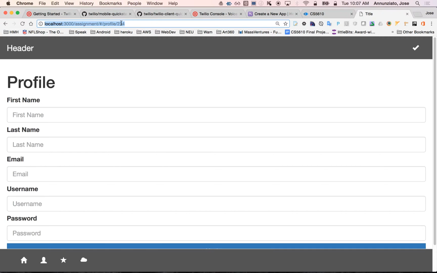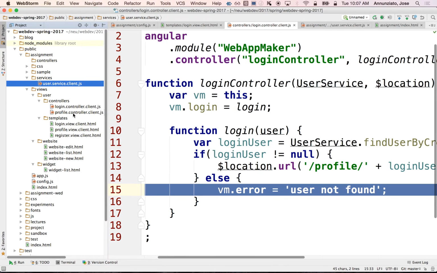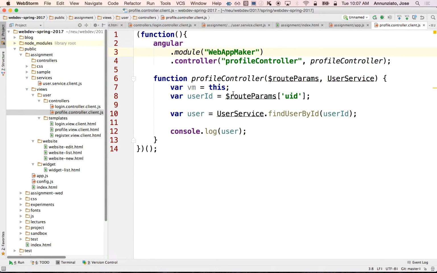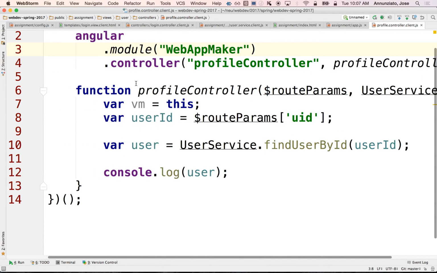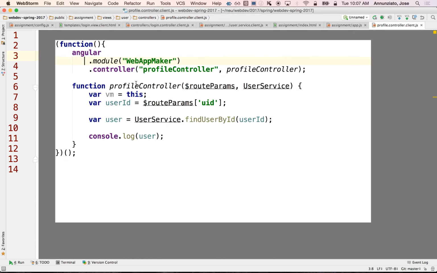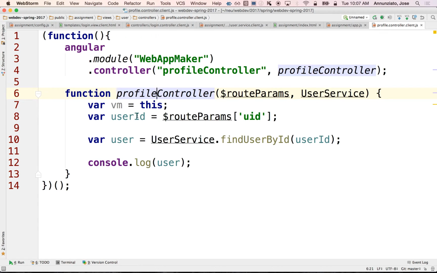Okay, so the profile should be able to extract, parse the 234 out of the URL, right, and go fetch this information from the server or the database, right, the profile information for that user. So let's do that in the controller for the profile. There it is. When the profile function is instantiated, this is what it does, right? It comes in,